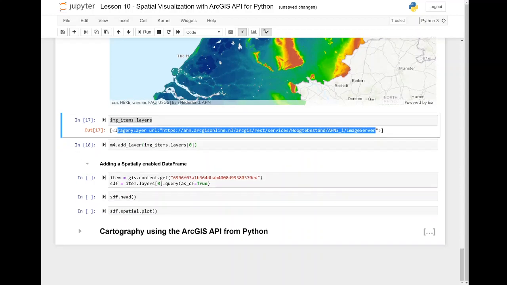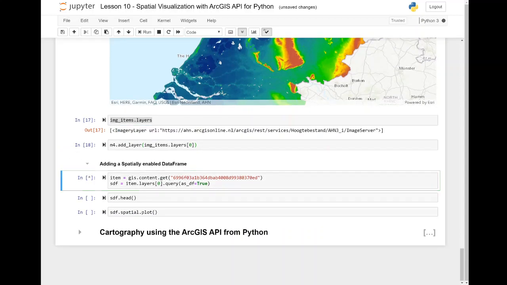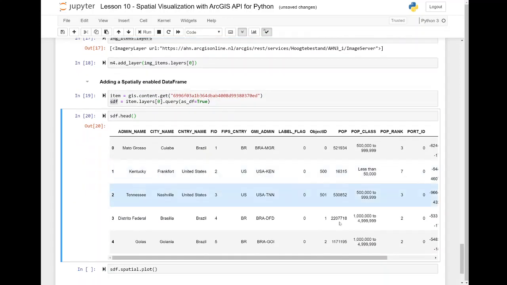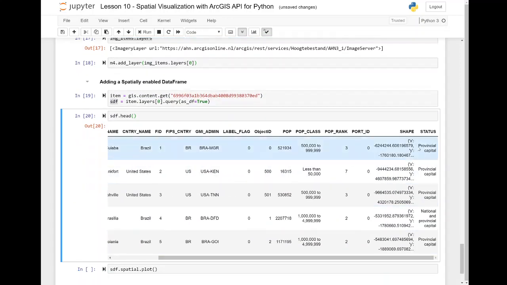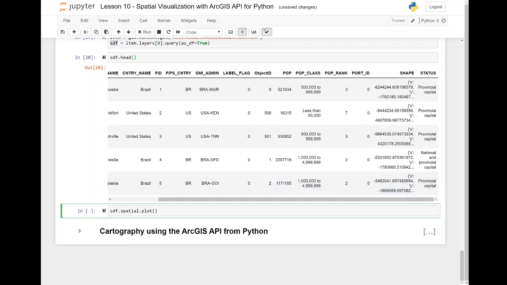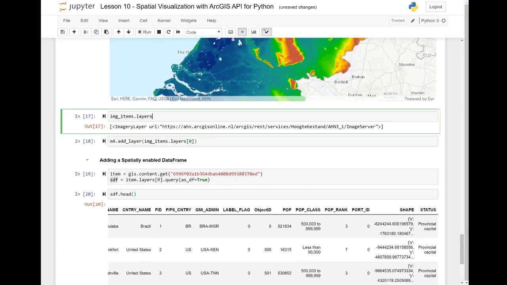And we can do other things like adding spatially enabled data frames. Here, I'm going to query some content. It's going to return it back as a spatially enabled data frame. And this gives us that pandas data frame that we had before, except we have that shape column. We can add this information either to a new web map by doing sdf.spatial.plot, or we could pass in this